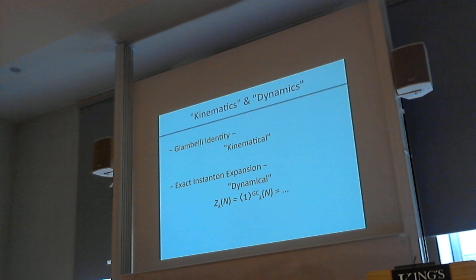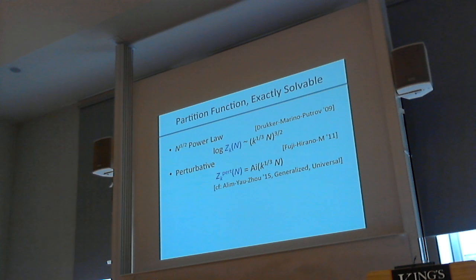So this Jump-Ready identity is very beautiful, we believe, but it is rather kinematical. It doesn't refer to the explicit form of this bracket. So the next thing I would like to tell you is a more dynamical one. Namely, we consider this expectation value explicitly. This is the partition function. The study of the partition function was initiated by